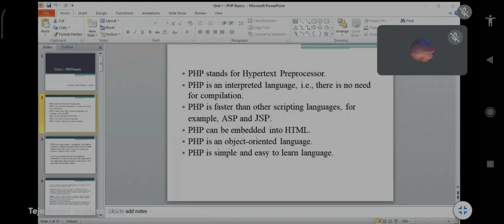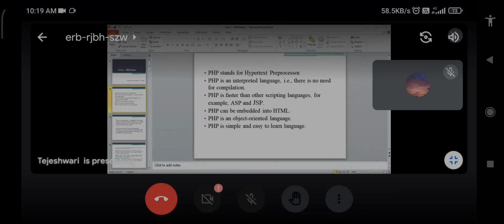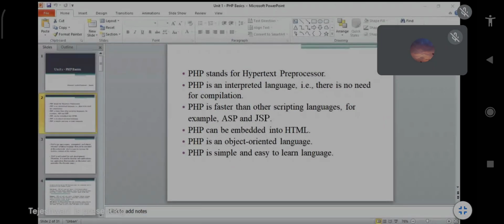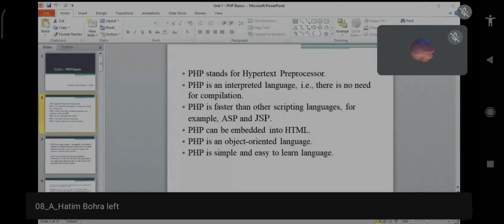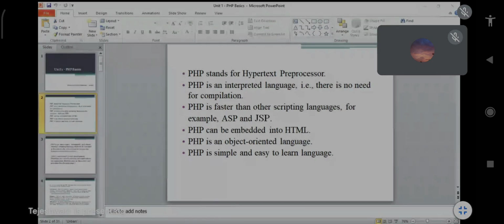Someone is saying another statement. Tell me fast. Don't interrupt me, and wait for 2 minutes.